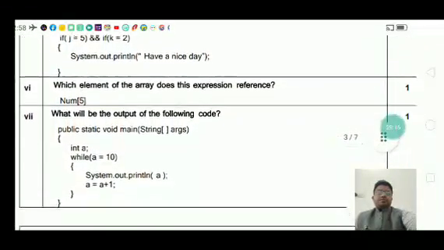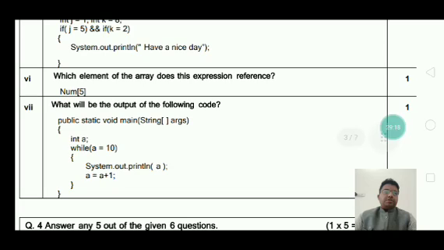next, which element of the array does this expression reference? Num 5. Num is the name of the array, 5 is the index. So it will point out the sixth element because array index starts from 0. Okay, so index 5 will refer to the sixth element. Next one,